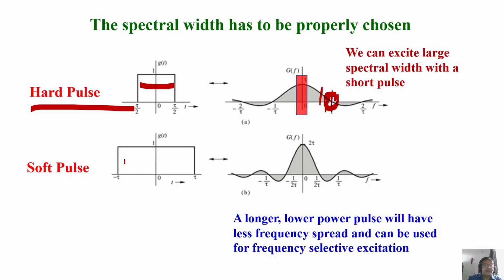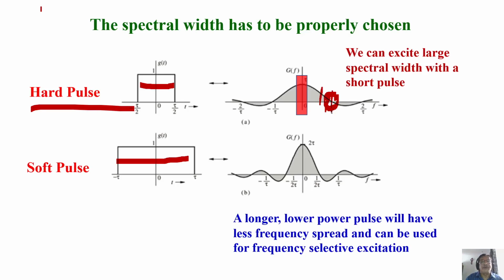If the width of the pulse is larger, the excitation profile becomes smaller and smaller. That means if you want to excite a large range of the spectral width, your pulse width has to be narrow. The narrower the pulse width, the broader the excitation profile. So let us say my spectral width is 50,000 or more than 100,000. Then you can't take a 10 microsecond pulse width. Your pulse width has to be much smaller.